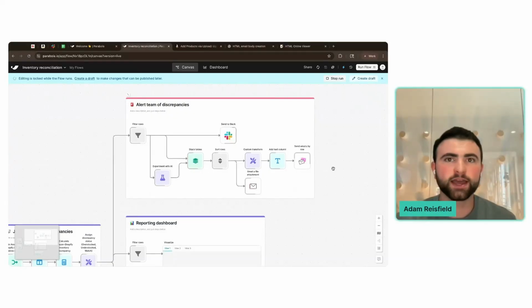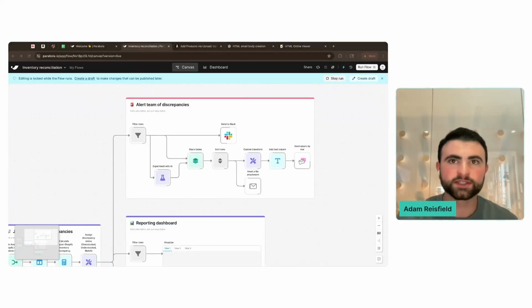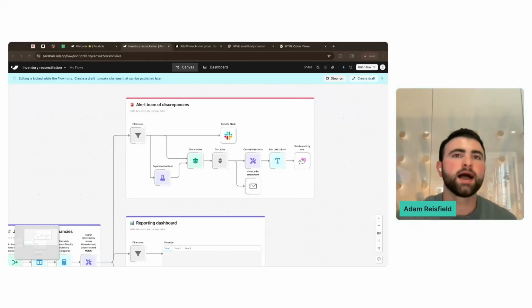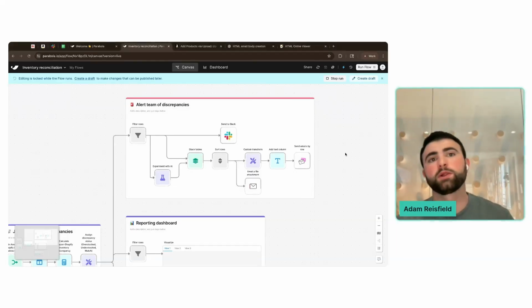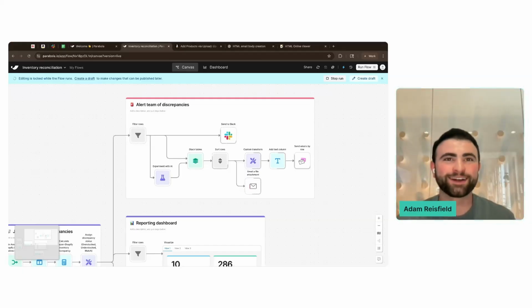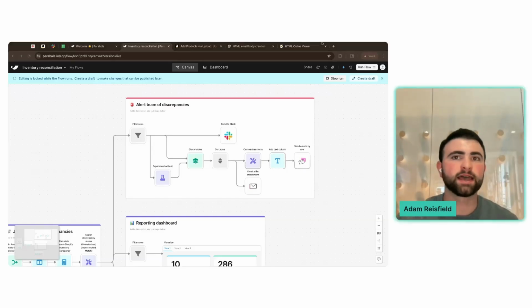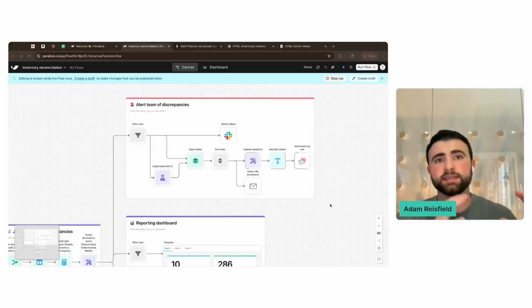For the other question here from Brian, can you add a step to identify what's driving a discrepancy in inventory between systems? For example, pulling transaction or inventory movements to identify what point the discrepancy started. Ultimately, yes, if you're able to outline the business rules, not to be a broken record here, but Parabola is really excellent when you can draw a bulleted process that you would do manually for identifying those things. So if you were able to say, hey, we would first look at these transactions in this system, we'd compare them against the